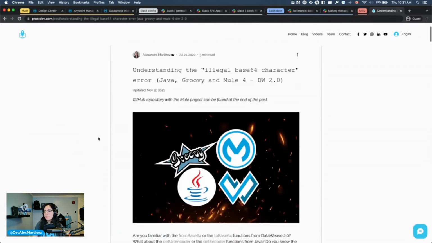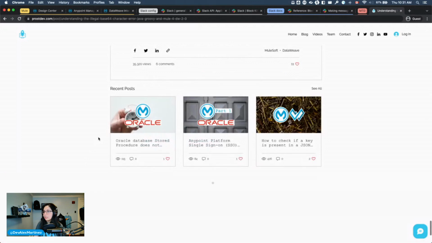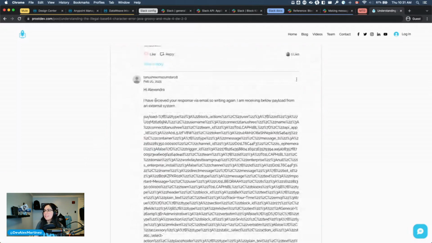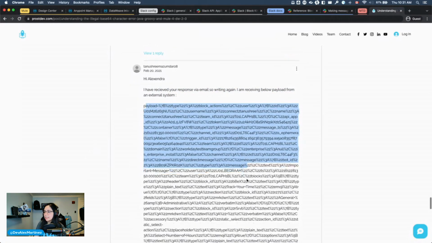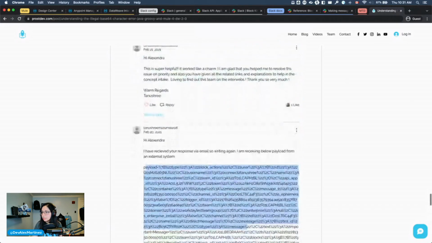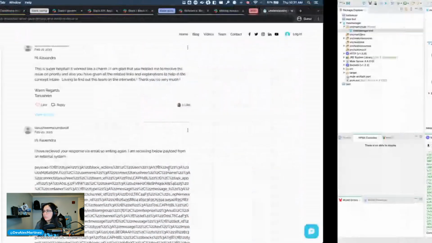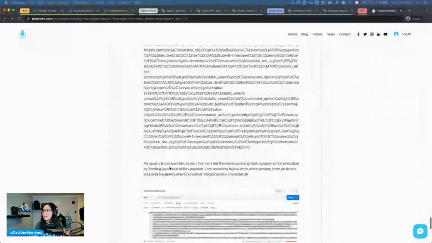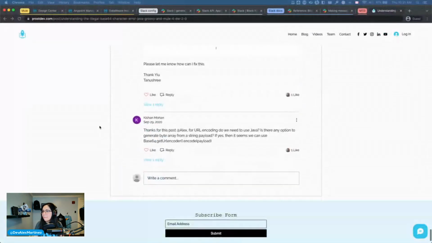I think I remember vaguely someone asking about it in the comments. Yes, I have received. So you're getting this payload. This is exactly the kind of payload that I'm receiving, right? It starts with 7B and then 22. 7B and 22. Yes, this is the same payload. Oh, yay, I remember. And then I replied,